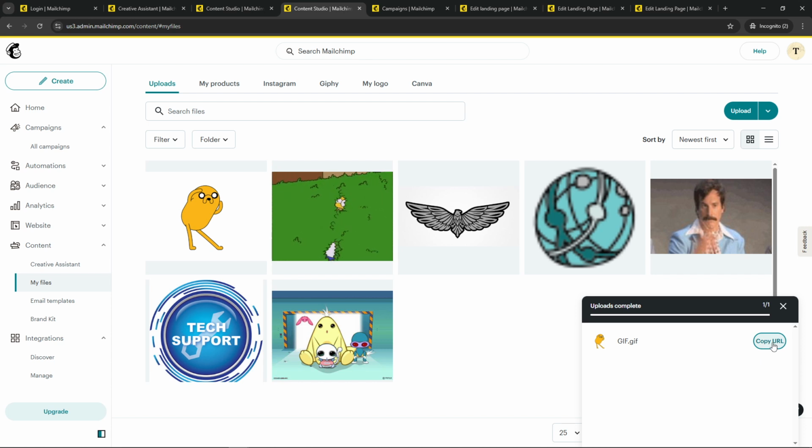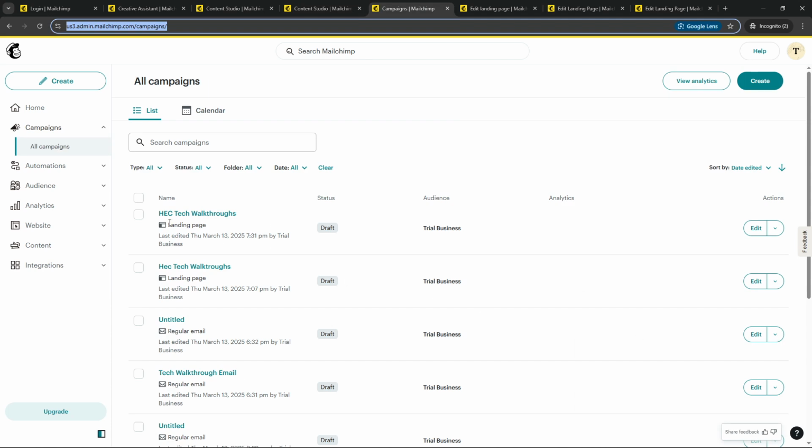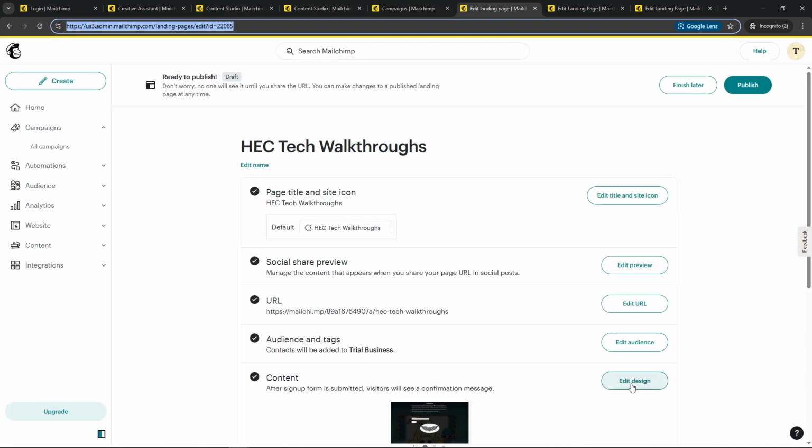With the file URL now ready, it's time to integrate it into your email campaign. Head over to your email campaigns and either create a new campaign or open an existing one that you want to edit. Within the email editor, you have a couple of options for how you present this download link to